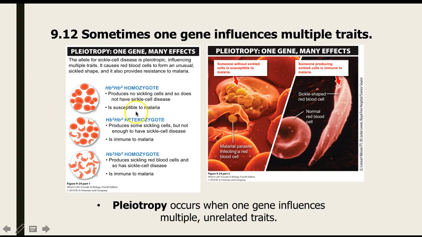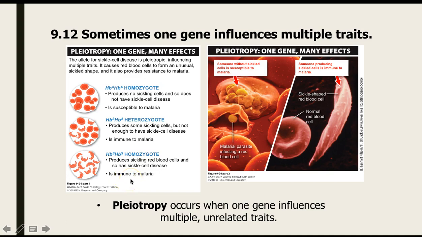If you're heterozygous, some of your cells are going to sickle, some of them aren't going to sickle, but you're immune to malaria. You cannot get malaria. If a mosquito with malaria bites you, you will not get the parasite. If you're homozygous for, again, notice I'm not saying homozygous dominant or recessive, if you're homozygous for sickle cell anemia, then your blood cells produce the sickle shape, but you are also immune